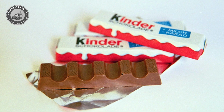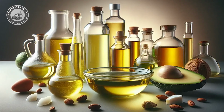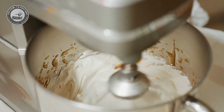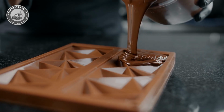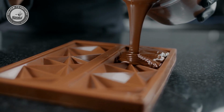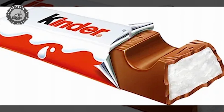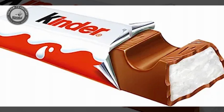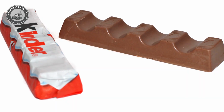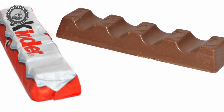Next, the milk filling is prepared. The milk is combined with vegetable fats and sugar, then whipped into a light and creamy consistency. This mixture is then piped into chocolate molds, forming the base layer of each Kinder Schokolade bar. Once the filling is set, another layer of tempered milk chocolate is poured over the top, fully encasing the creamy center. This delicate layering process is done with extreme precision to maintain the perfect chocolate-to-filling ratio that Kinder Schokolade is